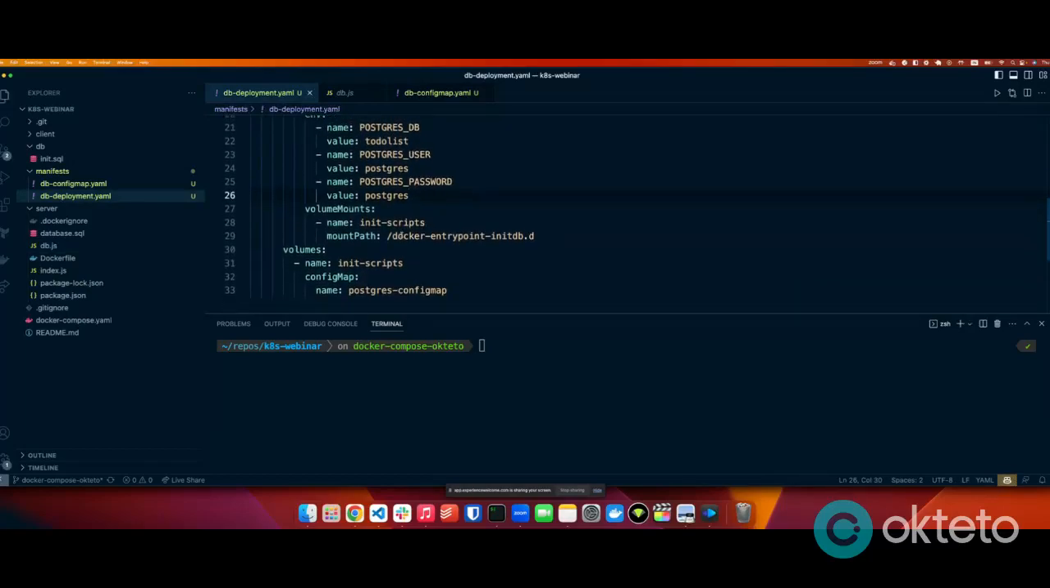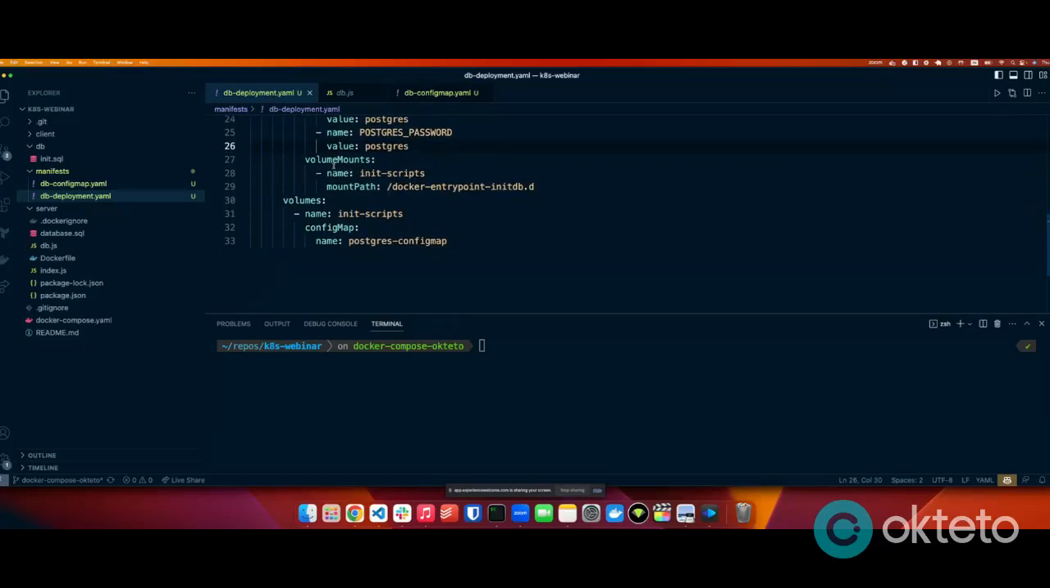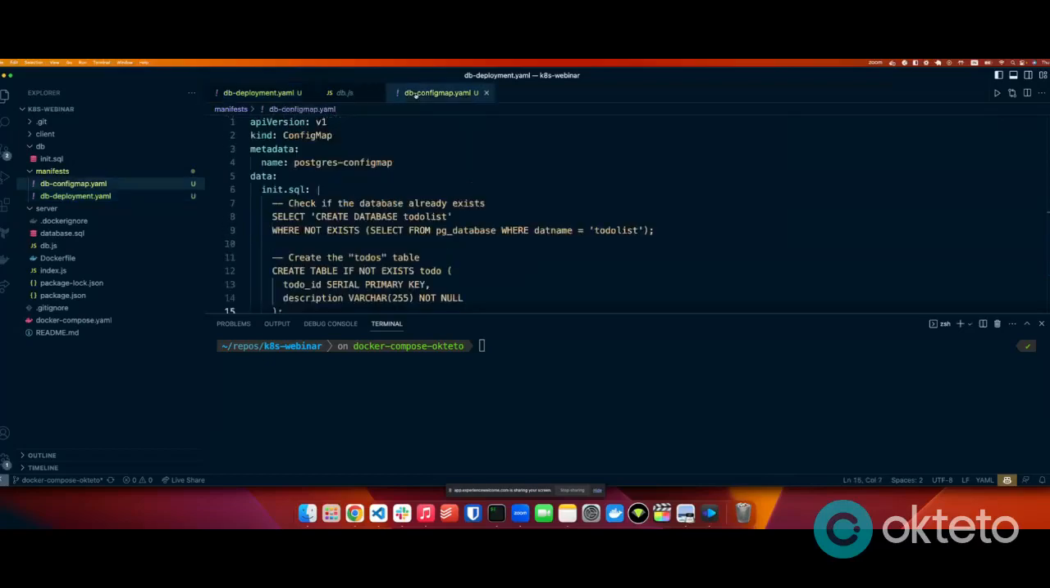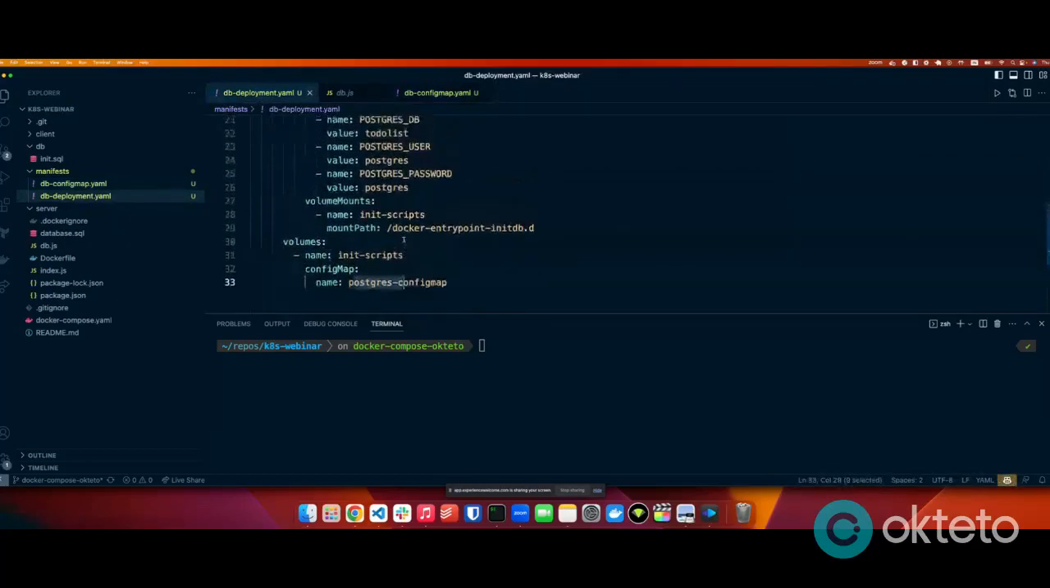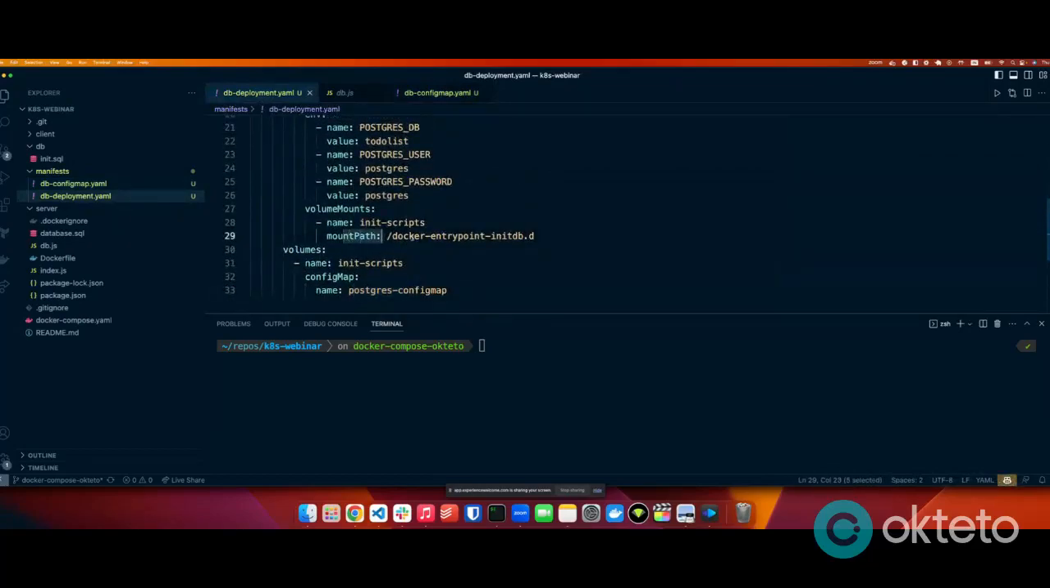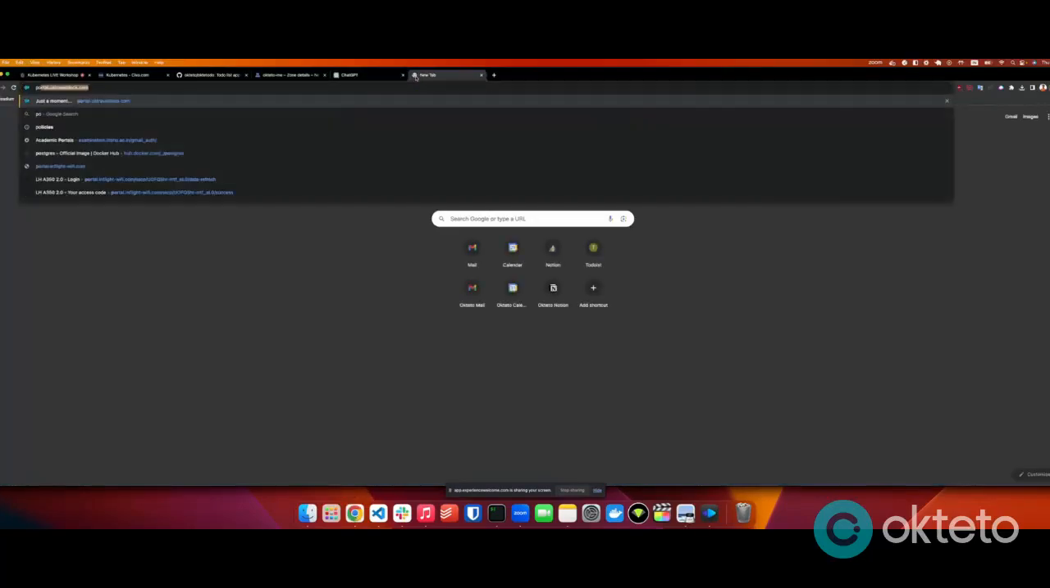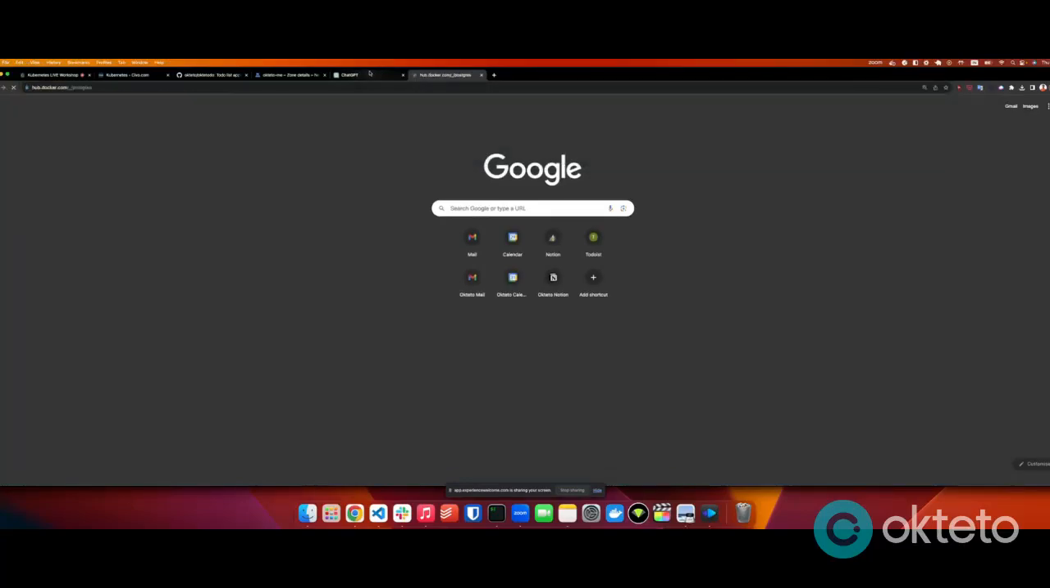Then this part. You see that in the volumes mount section, we have a volume defined called init scripts, and this is reading from our config map, our Postgres config map. So you see here that it's reading from that Postgres config map, and it's mounting what it reads at this particular folder. Now, if you go to the Postgres Docker Hub image,